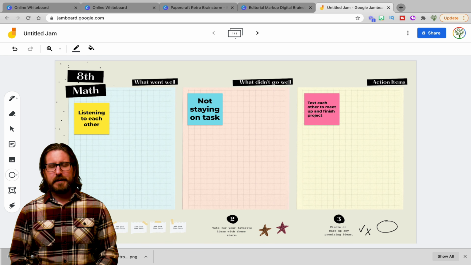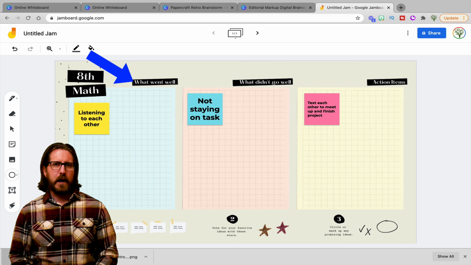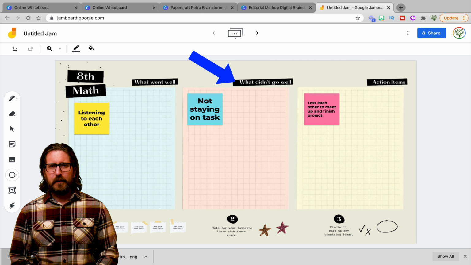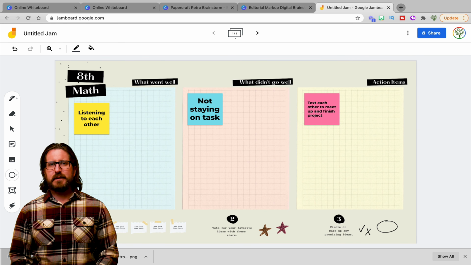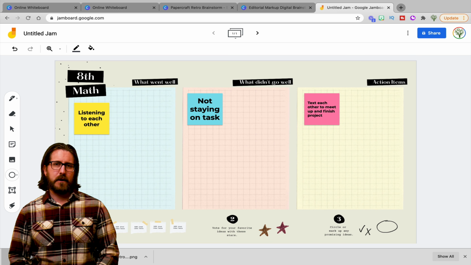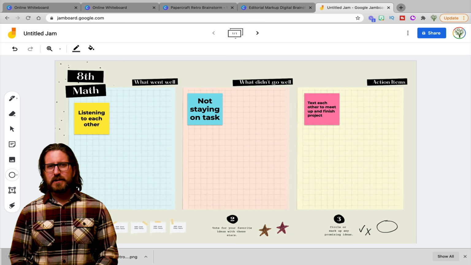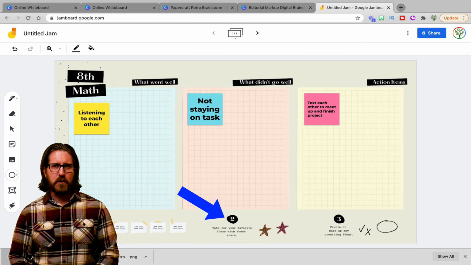For example, on this template, students start by posting sticky notes about what went well, what didn't go well, and action items. You could easily imagine this would be a good reflection activity for a small group that is working together on a project. Then, after posting stickies, the directions on the template are for them to vote for their favorite ideas using stars.